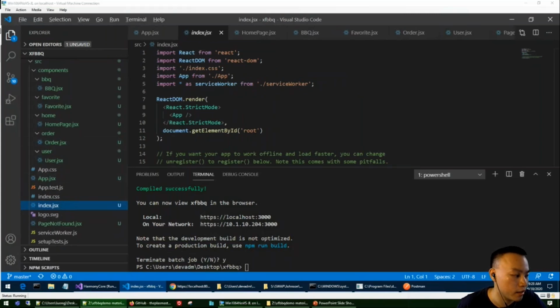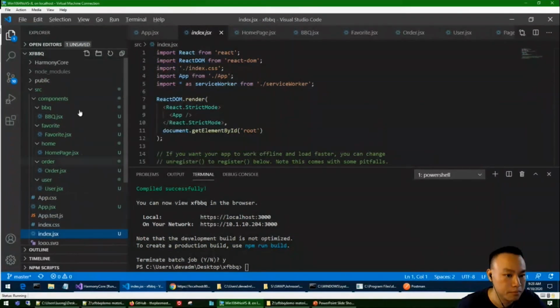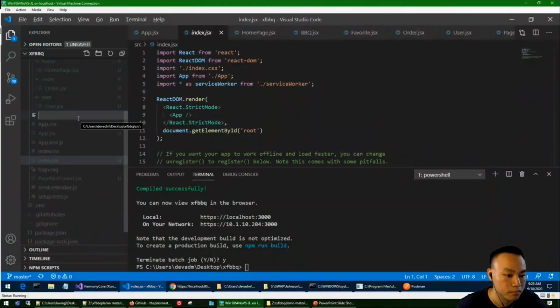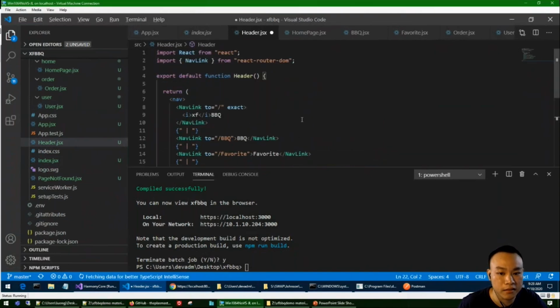I'm going to add a header file so that we can easily navigate between our pages. Inside our header, we have something that looks like this.